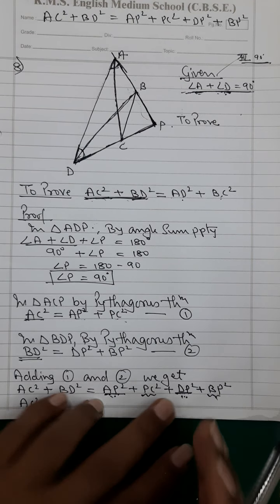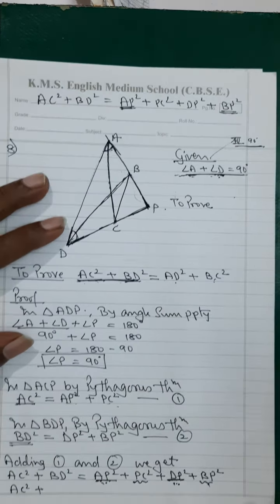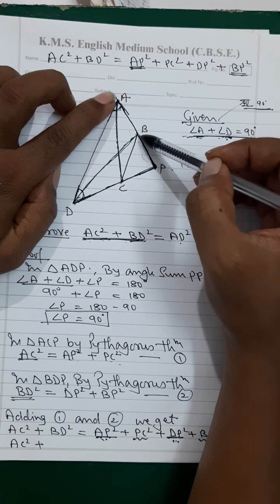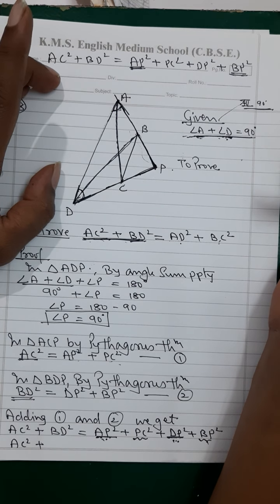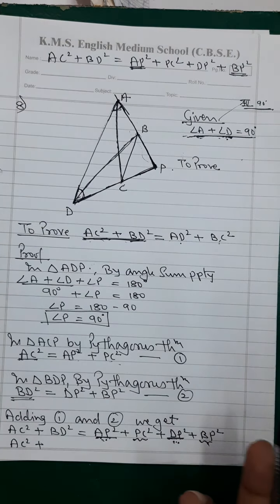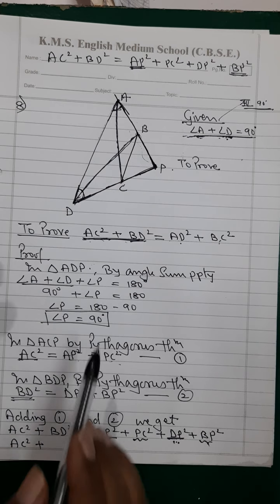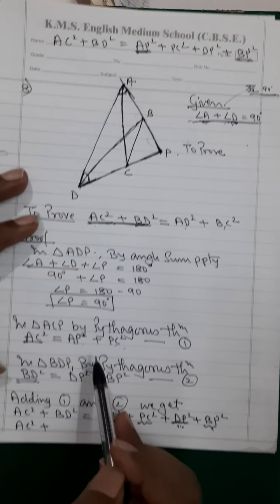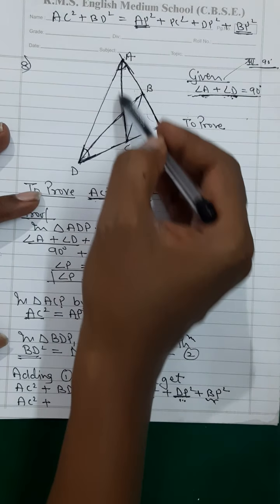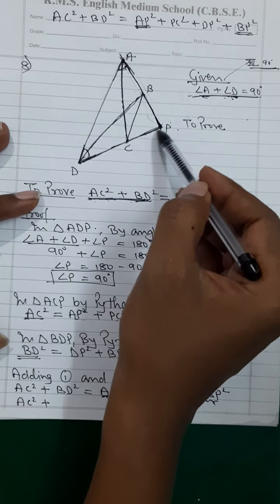But suppose it came to your mind not to touch AP square and DP square, and you took BP square instead, so AP square and BP square, that is not working. Then what will you have to do? You will have to consider some other expression for AP square. Consider any expression, my dear students. I have got AP square from triangle ACP. So what is the other right angle triangle for AP square, with angle P? It is only ADP.